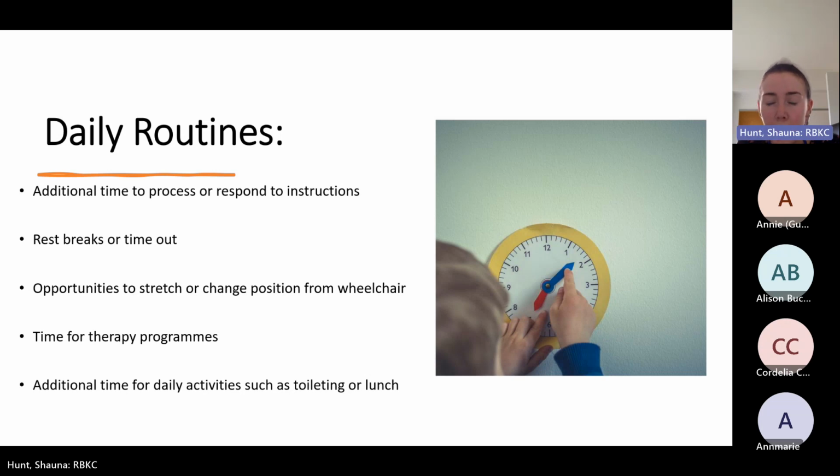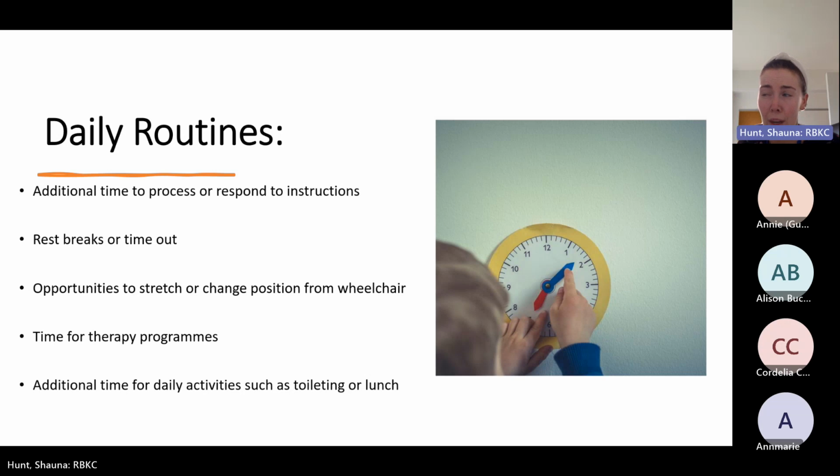That's really important as well. That's going to prevent any kind of stiffness, any kind of contractures, any kind of pressure sores. If the child is sitting in that same position in that one wheelchair the whole day, they really shouldn't. They really should be moving and changing positions, whether that's stretching on the floor or transferring into a special chair. So just moving from that same position is really important for them.